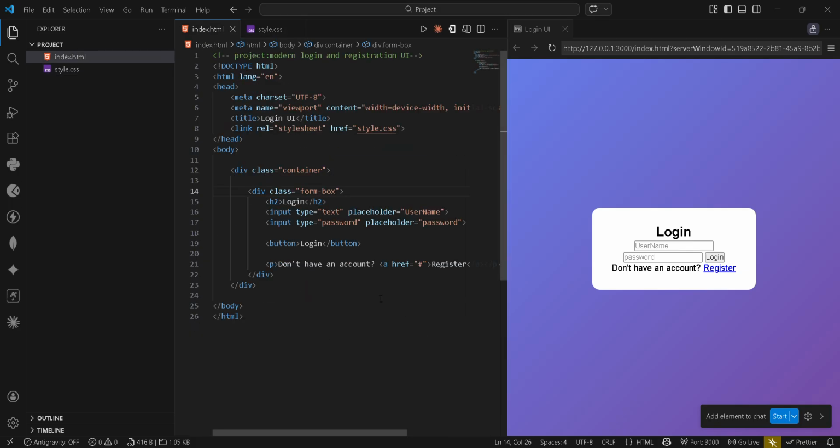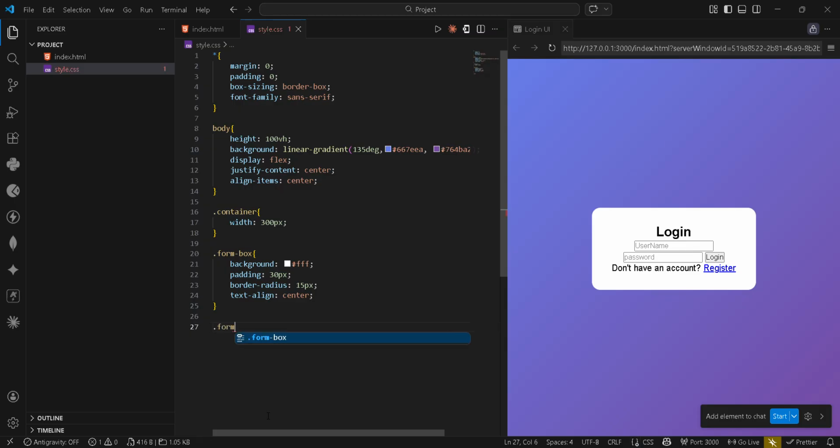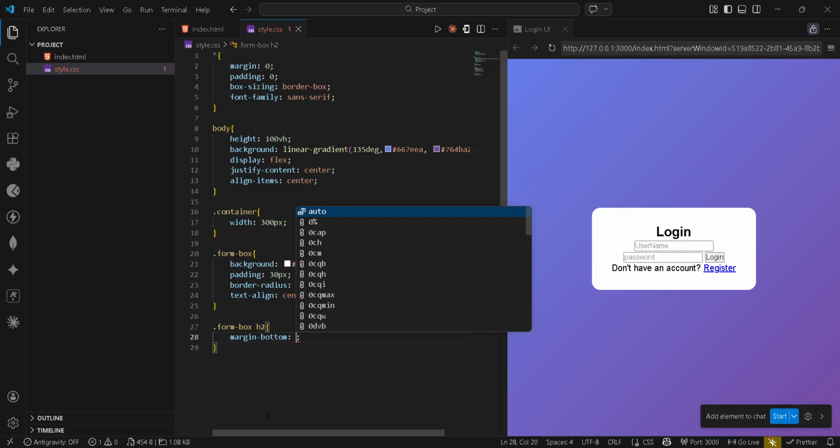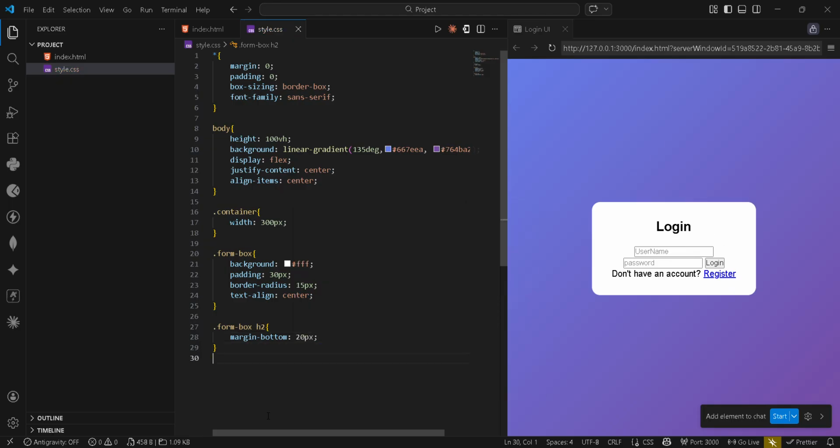Then for this h2, then we give form-box input for the input with 100%,